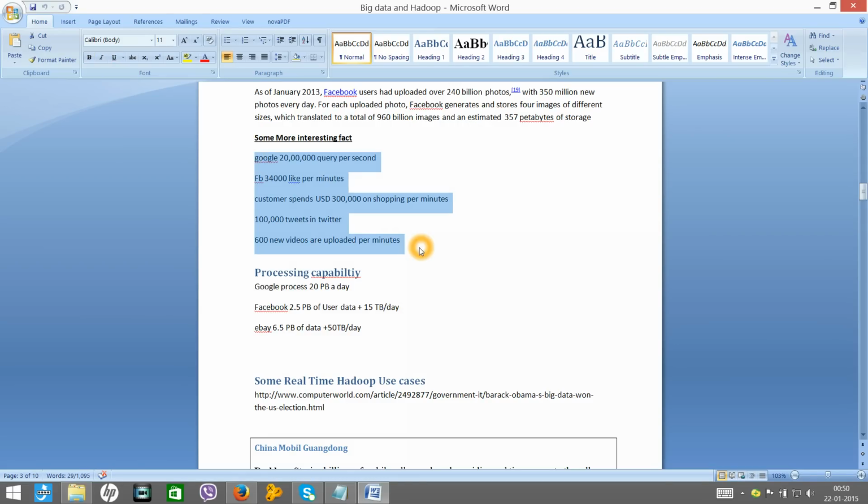Now a lot of companies are using big data. Not only Google and Yahoo, even small companies use big data to process data.